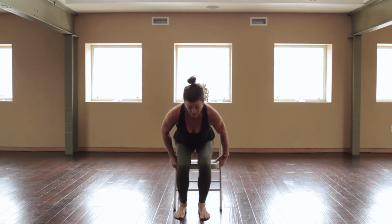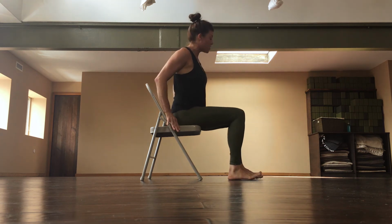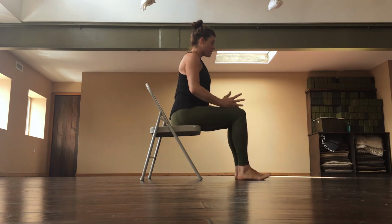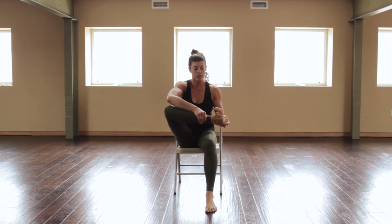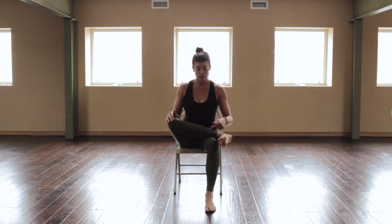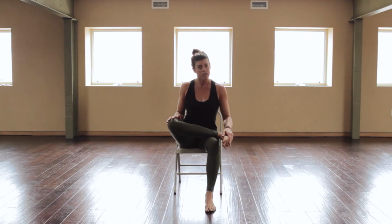So as I sit in my chair, I'm going to sit towards the edge of the chair. My sit bones are completely supported. I'm going to separate my feet hips distance apart, ankles beneath knees. And then inhaling, I'm going to cross this right shin over left, draw the toes towards the shin. For some of us, this may be enough. What's really important here is that we maintain this action of flexing the foot back towards the shin to protect the knee laterally. You might just sit upright and let me a little bit of push onto that right knee,